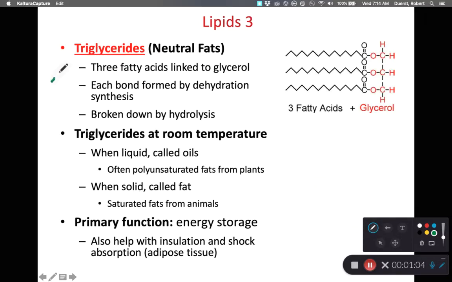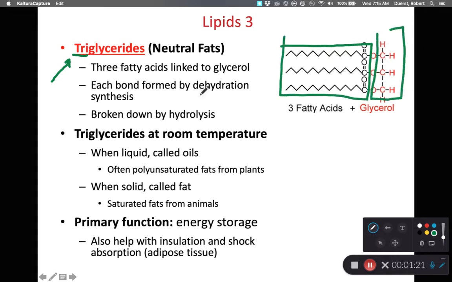So let's talk about triglycerides. When we think of triglycerides, I want you to think of lard or just fat. A triglyceride, as the name implies, is going to have three of something. What does it have three of? It has three fatty acids, and these three fatty acids are going to be attached to one glycerol head. This is how we typically store most of the excess energy in our bodies